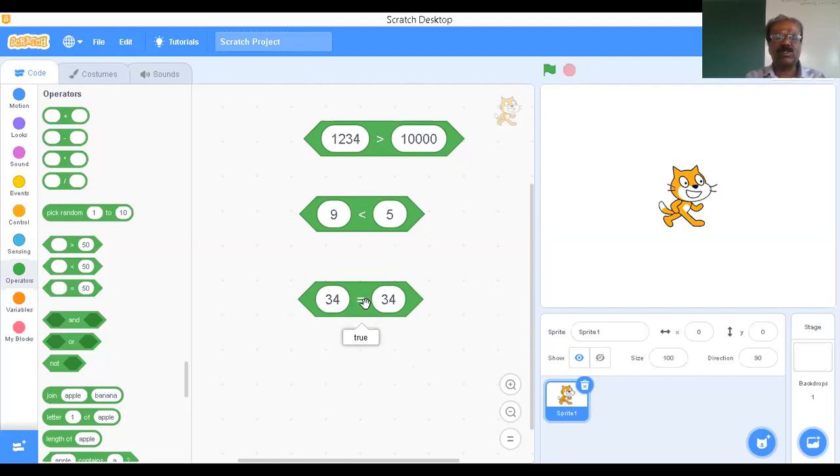Okay, whether the first number is equal to the second number, whether number 1 is not equal to number 2. Like that, we can write a program in a later tutorial. Suppose here I'm going to give some other number, 36. If you click on this, 36 equal to 34. No. No means what? False. Therefore, like this, we can do a lot of things by using this operator.